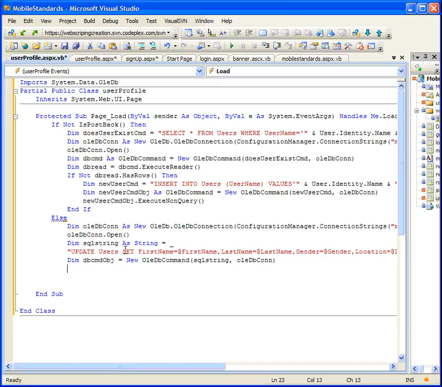So what we need to do is give them a name, which is going to be exactly that of the user